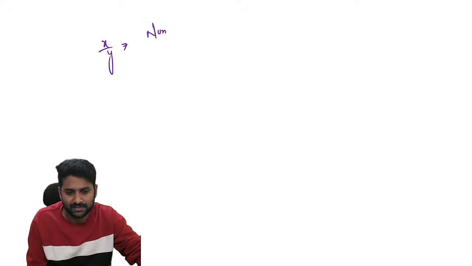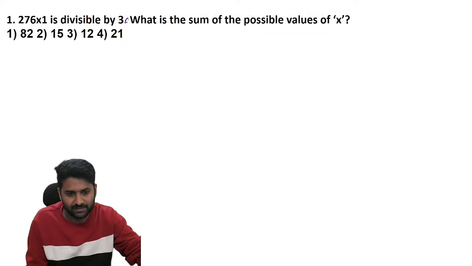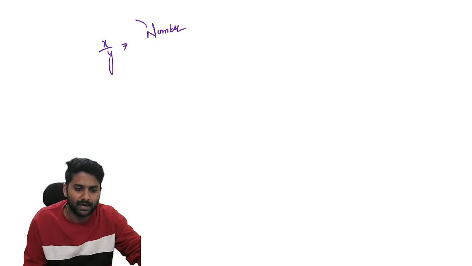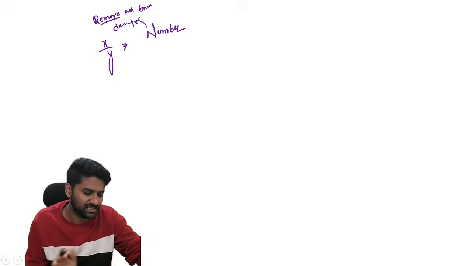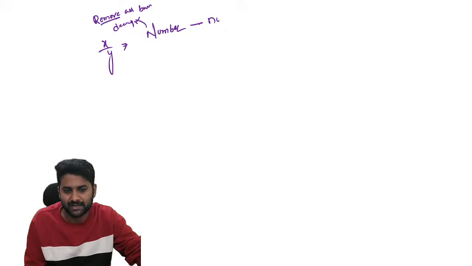If you want to convert any recurring decimal into a fraction, then it is x by y. Consider the number: remove all the bars and decimals, and consider what remains as a number. And